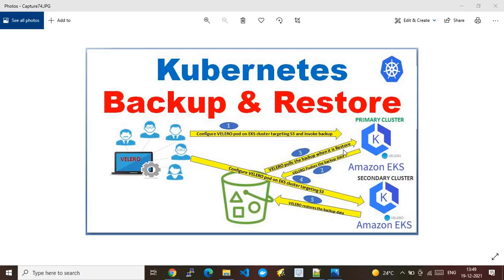Steps 1, 2, 3 are targeting only the primary cluster. For example, if the cluster itself is gone, but you have the backup in the AWS S3 bucket, then step 4 and step 5 become very handy. In that case, if you want to perform the restore operation at the AWS EKS cluster at the secondary location, which is nothing but the secondary cluster,